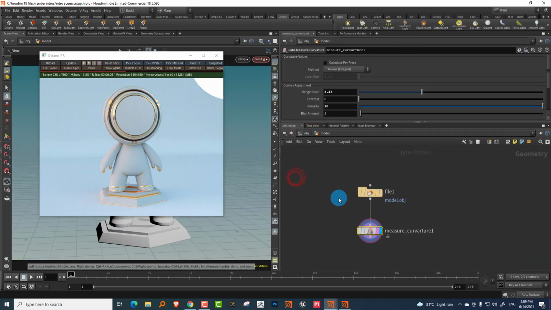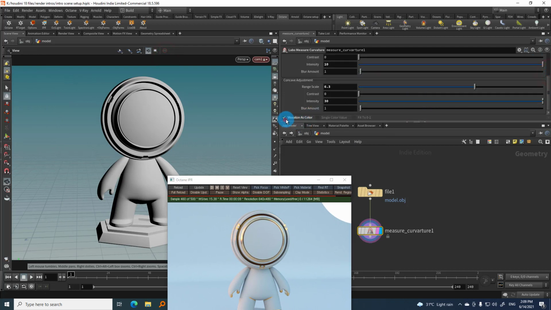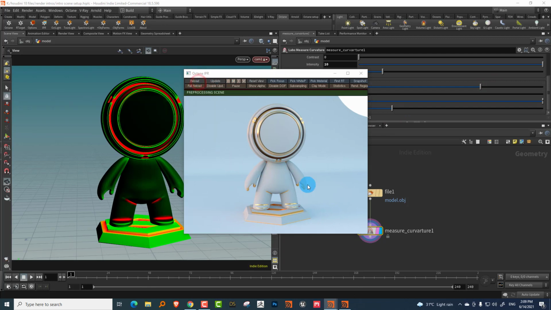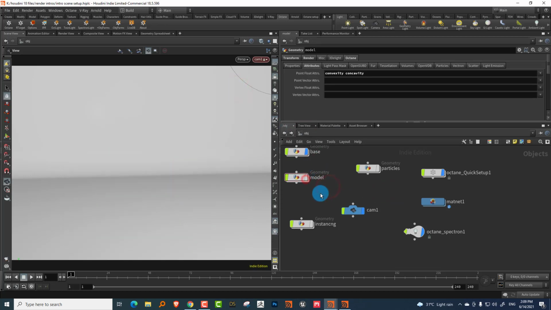And if I come back to my model, if I make changes here, it's not going to update. But what you can do is, you have a couple of options, but let me just blur this a little bit, and we can hit reload, and there you go. So you can do that. Okay, so this is as far as your basic attribute stuff is concerned.